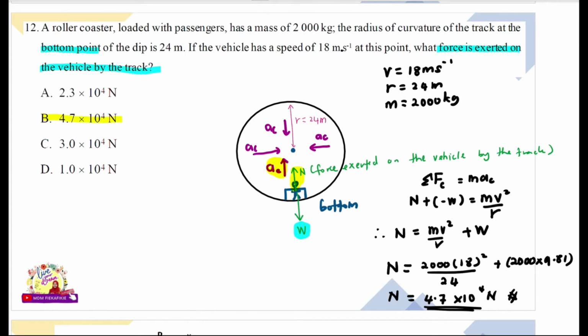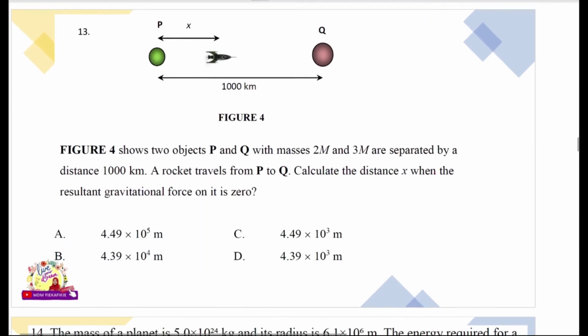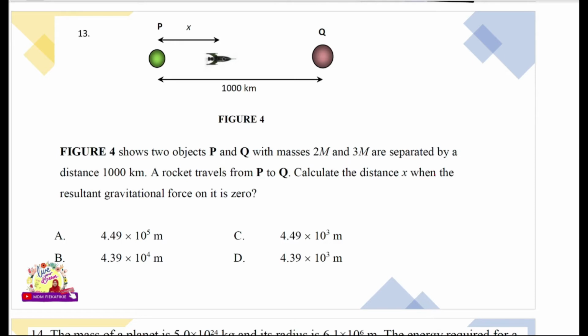Alright, good. So next question from chapter 7, which is question 13. So we have here figure 4, which shows two objects P and Q with masses 2m and 3m. So write it down first. This is 2m and this is 3m. And they are separated by a distance of 1000 kilometer. A rocket travels from P. So here we have a rocket that travels from P to Q, and at a certain point, at this point,